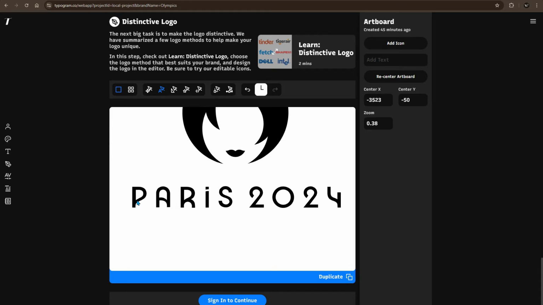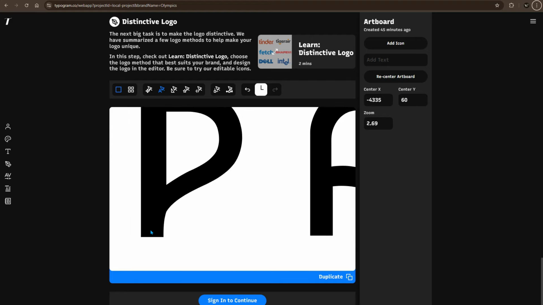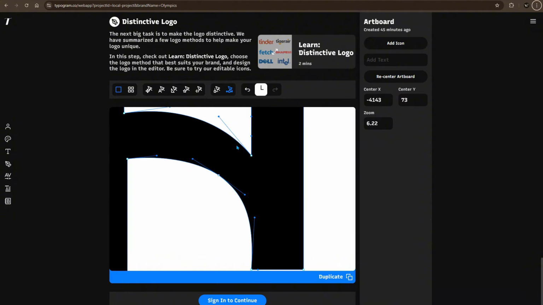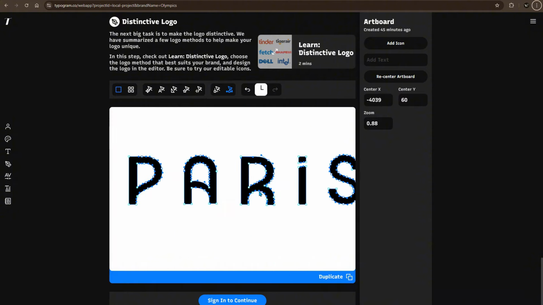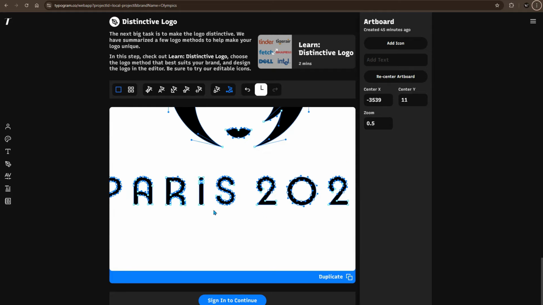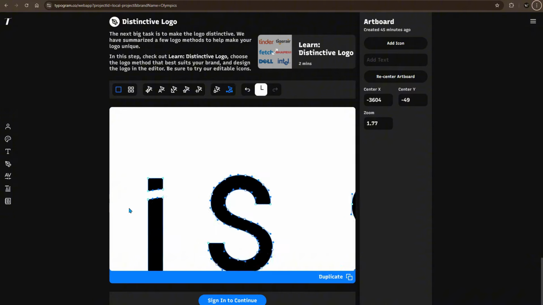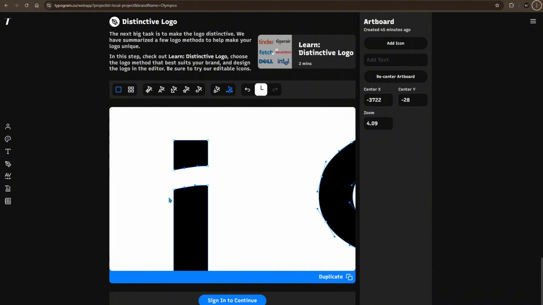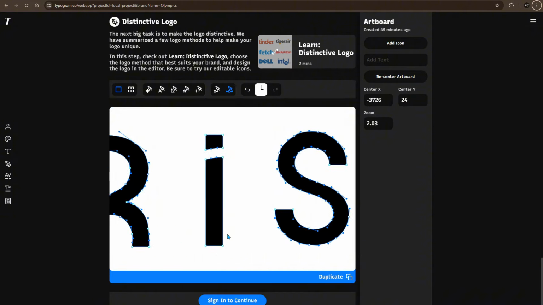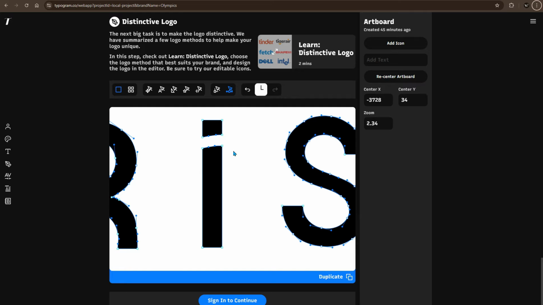The bowl of the P connects to the stem. It was a 90-degree angle. Instead, it was curved, sloped up, and then joined with the main stem of the P. And similar with the A, with the right side of the stem, similar with the R, and similar with the 4. If we zoom all the way in, we can see how the dot of the I is separated from the stem of the I. The gap, the chasm, the gutter is also a curve. It wasn't a straight line, even though the dot of the I is largely a square.